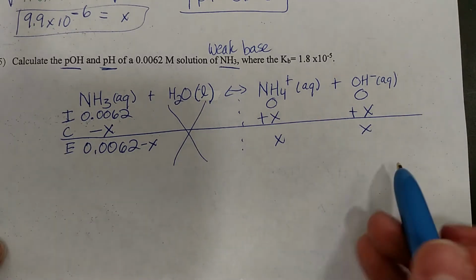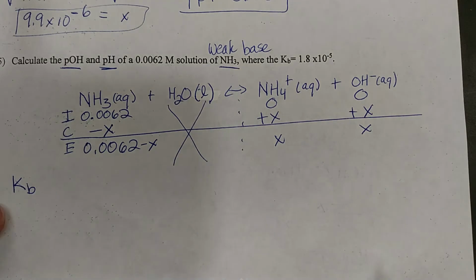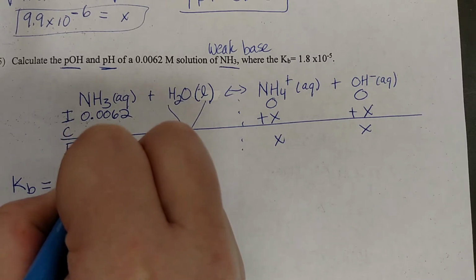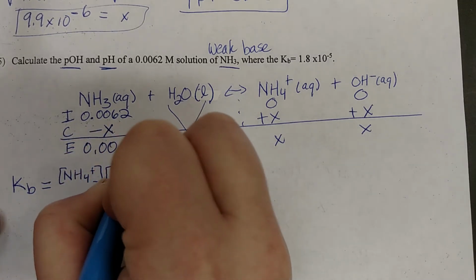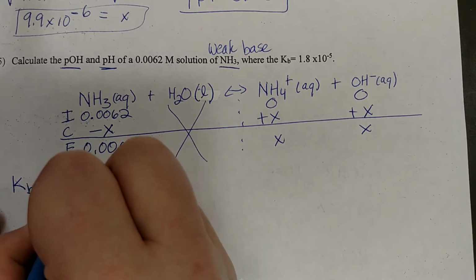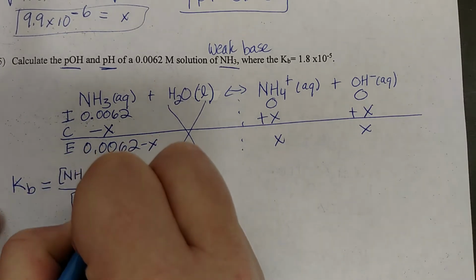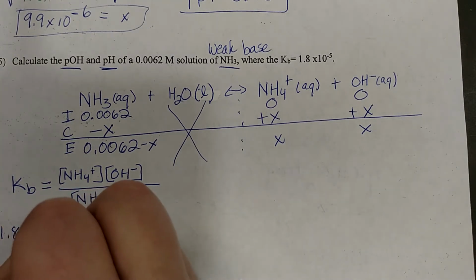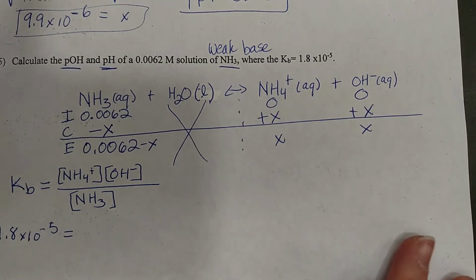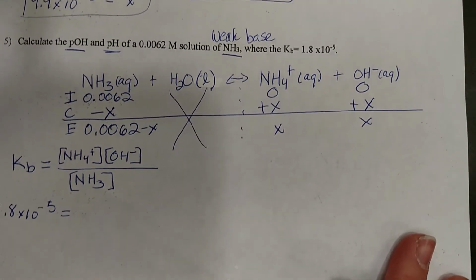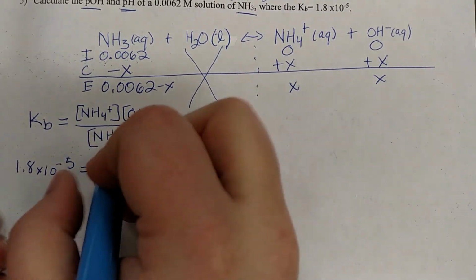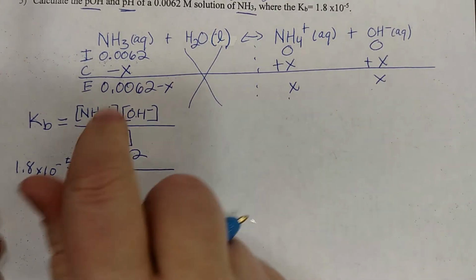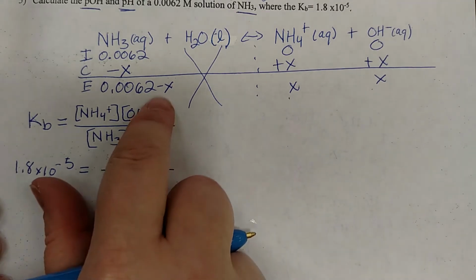From here, this time we're going to set up a Kb expression because it is for a base. So we've got concentration of NH4 plus and of OH minus over the NH3. And we're going to plug in our values. So 1.8 times 10 to the negative fifth equals our NH4 plus and our hydroxide. So we have x and x squared on the top. I'm going to go ahead and put in our assumption right now. So we're going to assume